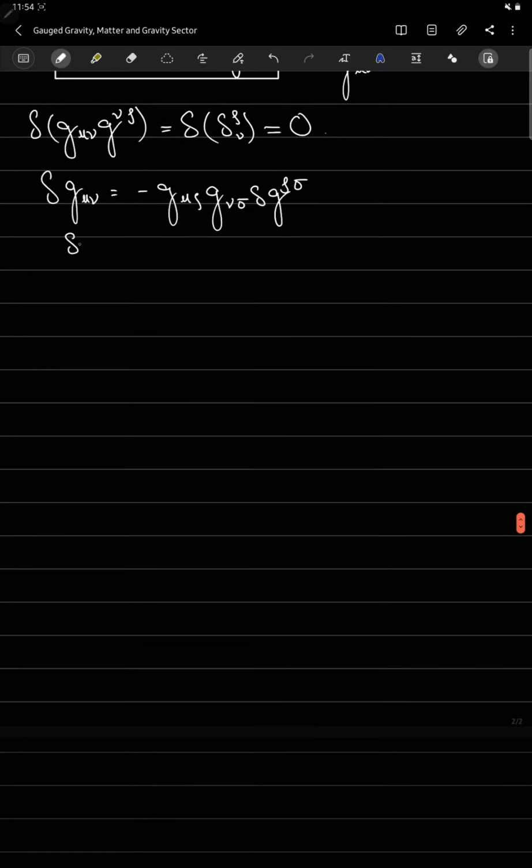And finally you have this change in the square root of minus g with respect to g mu nu, where again this g is the determinant of the field g mu nu, is equal to minus square root of minus g over 2 times g mu nu. Right, so these are just some of the relations, and they follow from